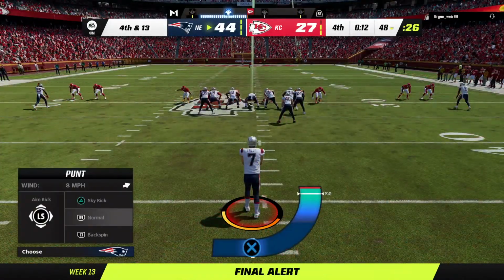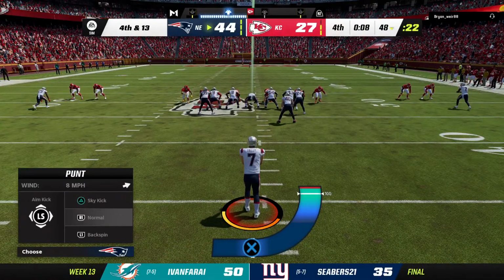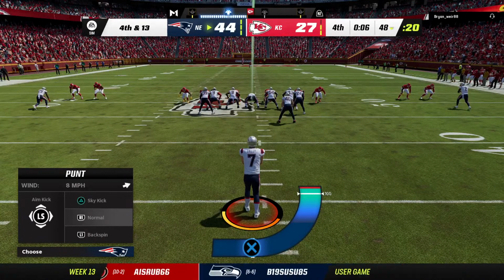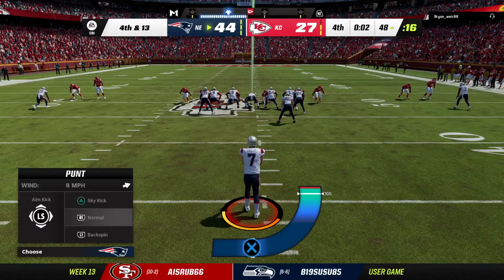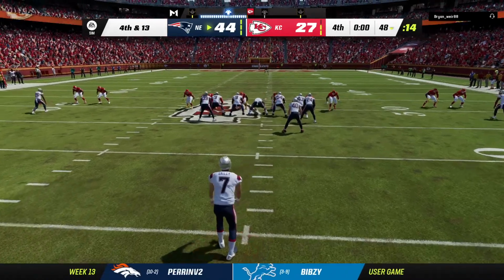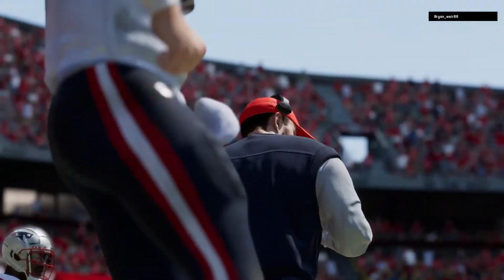The Patriots send out their punter as he'll punt it away for the second time. Charles, a lot of happy